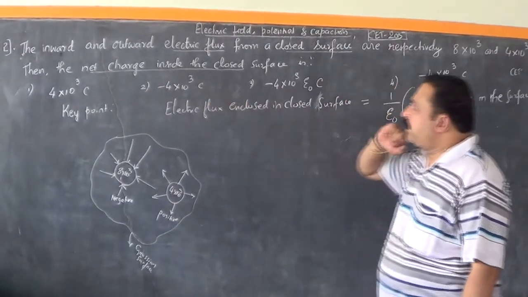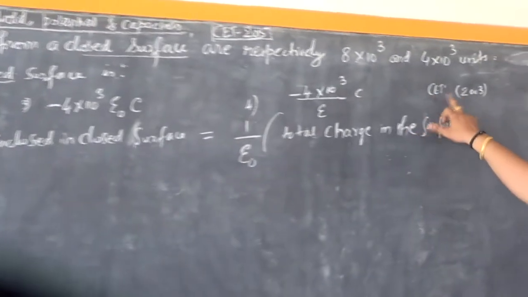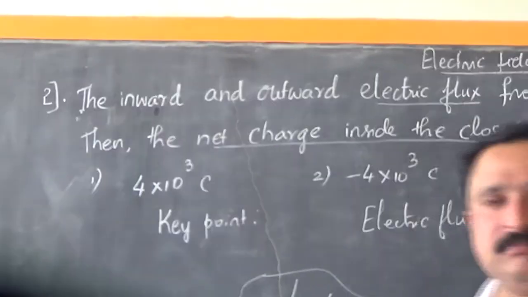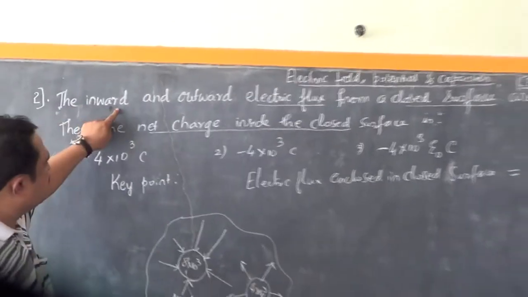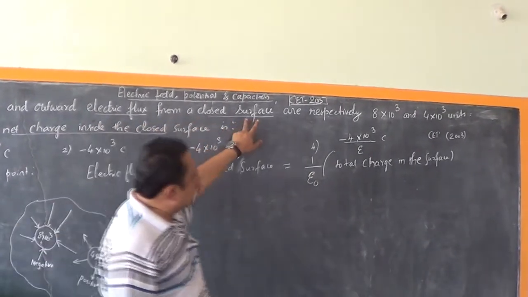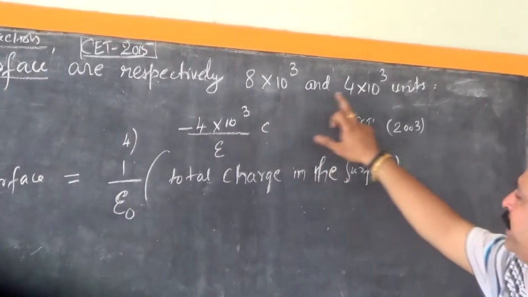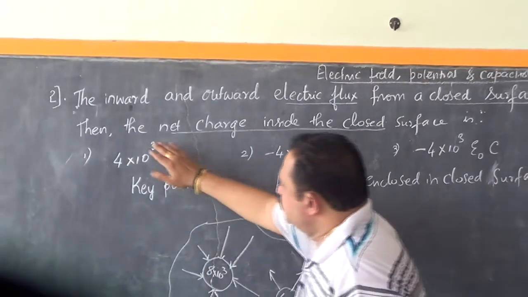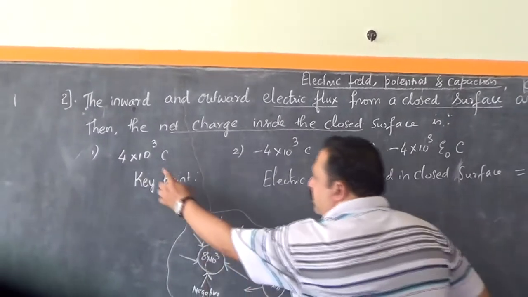In this video, let's discuss one question from Karnataka CET 2003 based on Gauss theorem in physics. The question reads like this: the inward and outward electric flux from a closed surface are respectively 8 into 10 to the power of 3 and 4 into 10 to the power of 3 units. Then the net charge inside the closed surface is, these are the four options: